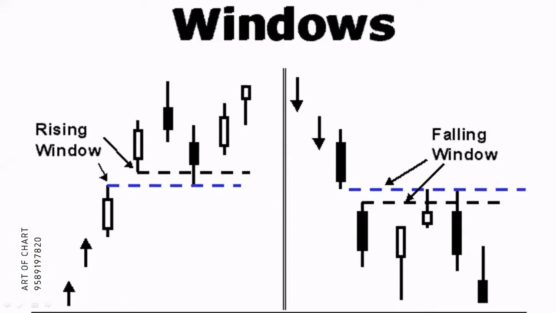Okay. So window pattern is nothing but it's a kind of gap. So after an uptrend or after a downtrend, generally we see several times on an intraday basis, the market opens on a gap up. There is a gap up opening which happens. And as per the current trading strategy, few of you are waiting for the retracement and then you will be taking entries. And in that case, what happens is that we are missing many trades.